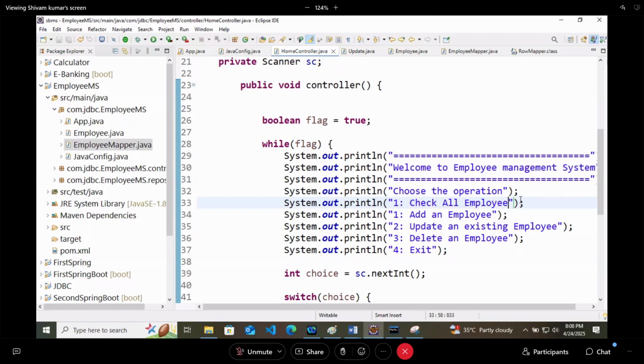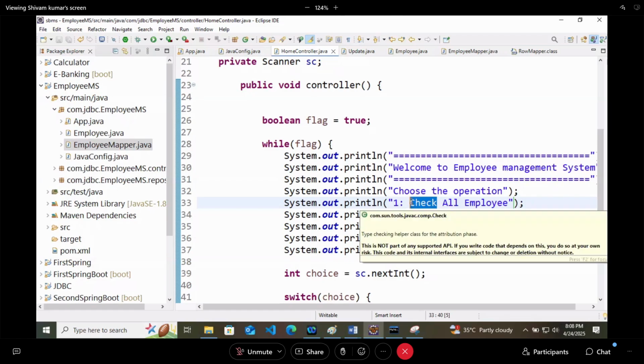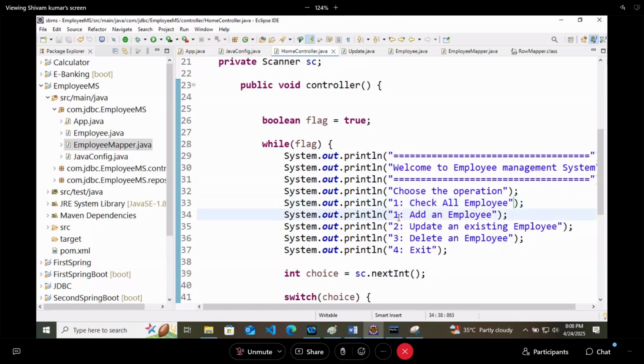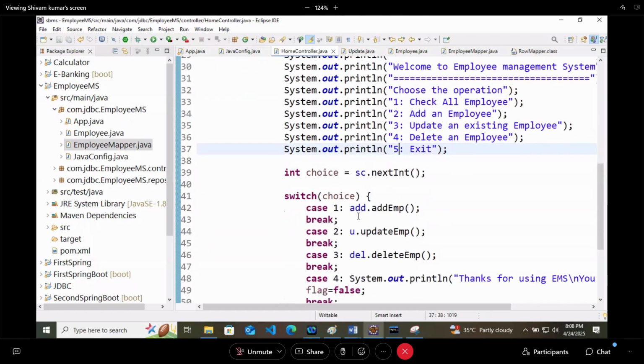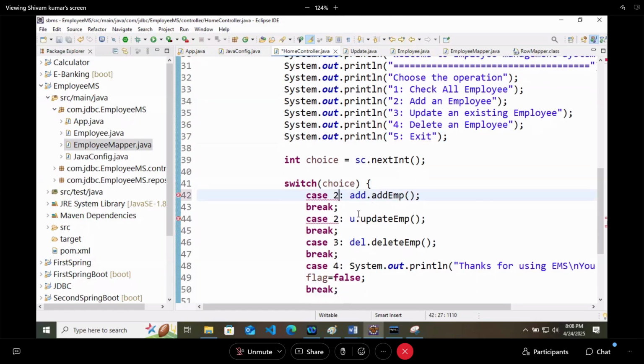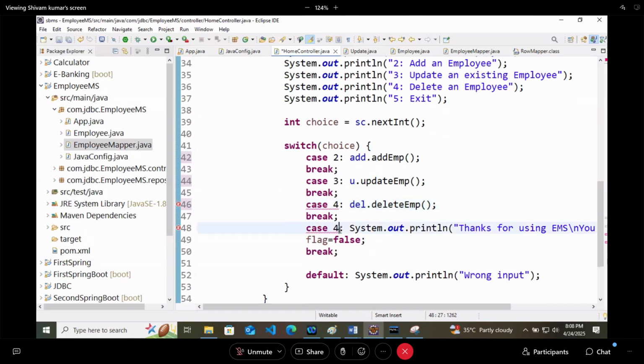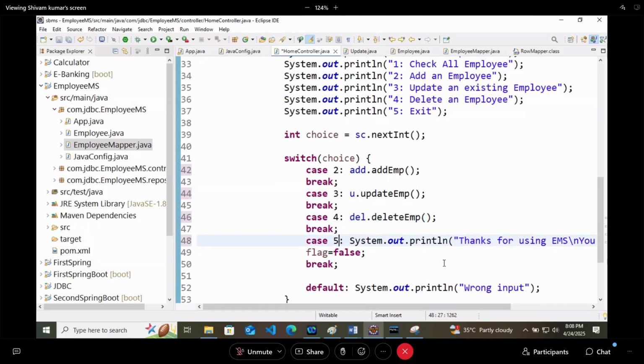Fetch we cannot say because fetch is an operation. So just write check all employees. And now this is 2, this is 3, this is 4, this is 5. We have to make these changes below also. On case 2, we will call add employee. On case 3, we will call update employee. On case 4, we will call delete employee. On case 5, we will call thanks for doing.